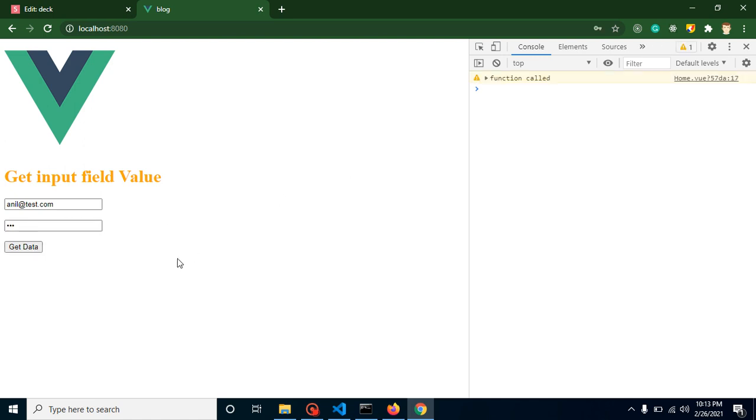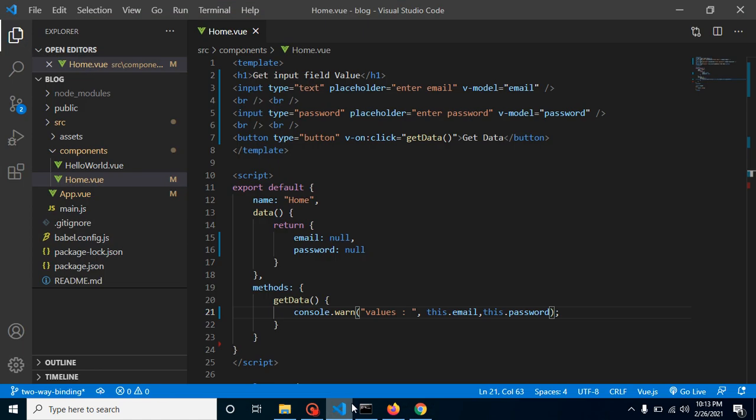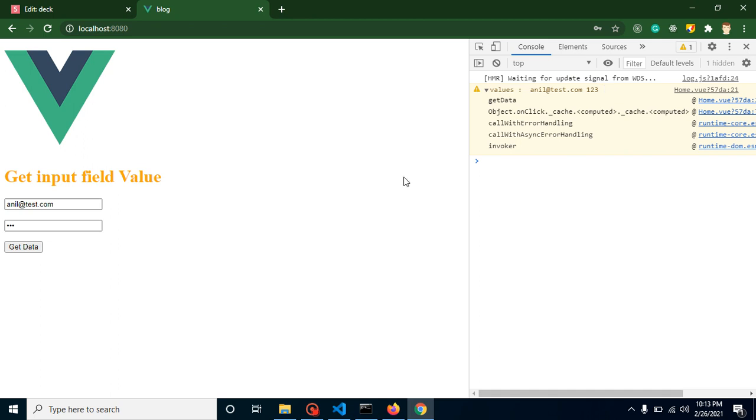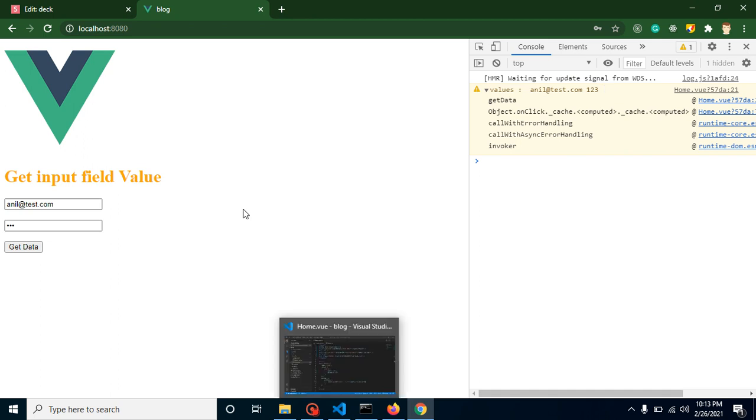Let's click, and I think this page is not refreshed yet, or I forgot to save. Try again: anil@test.com, password 123, get values, and now you can see that we are getting the values here. So in that way we can get the values.